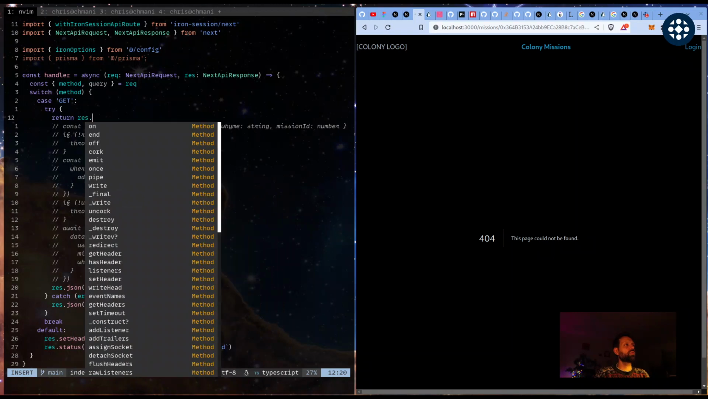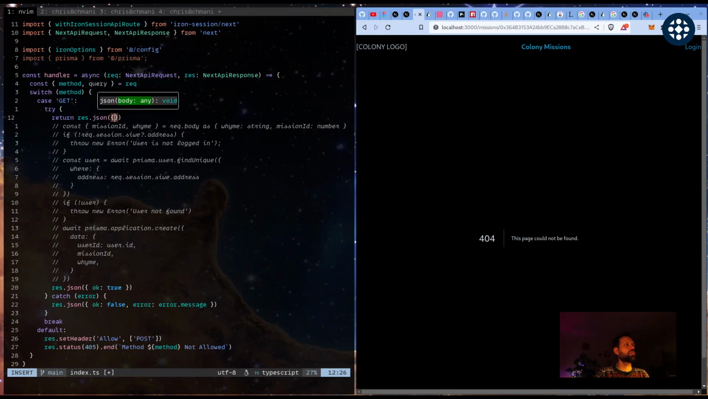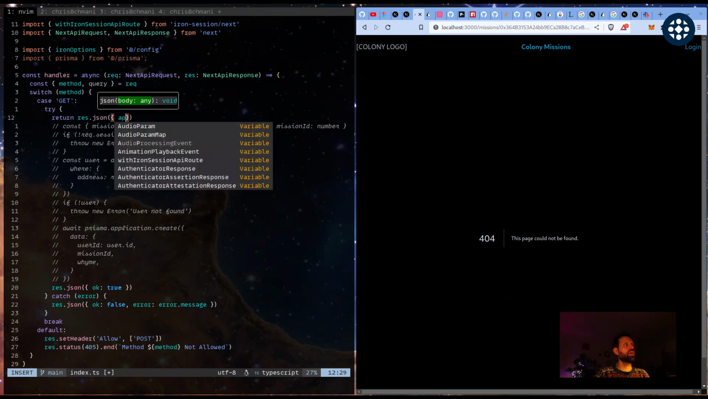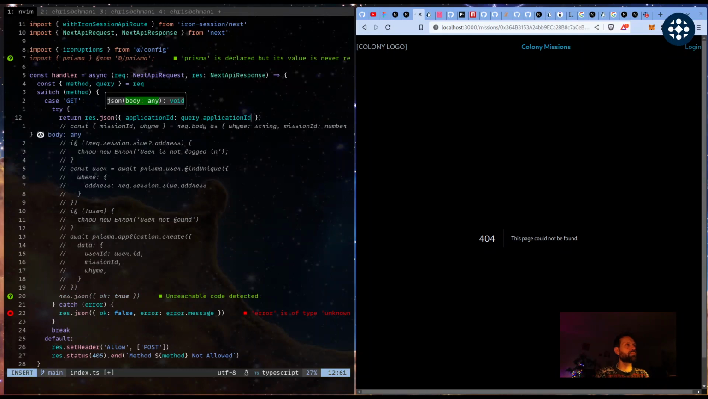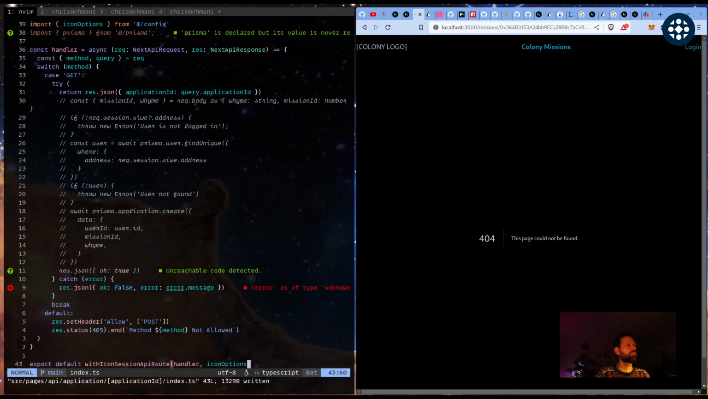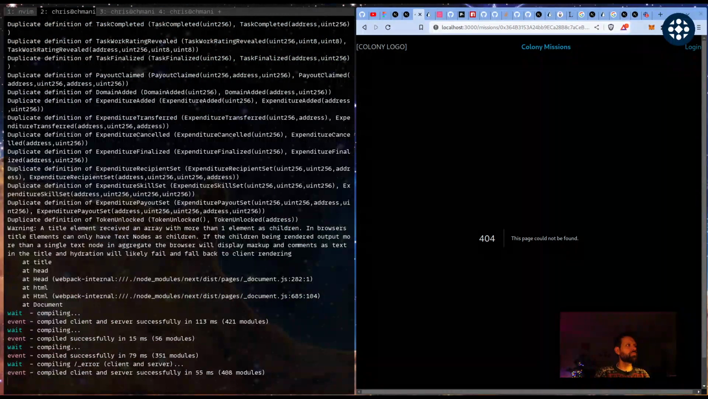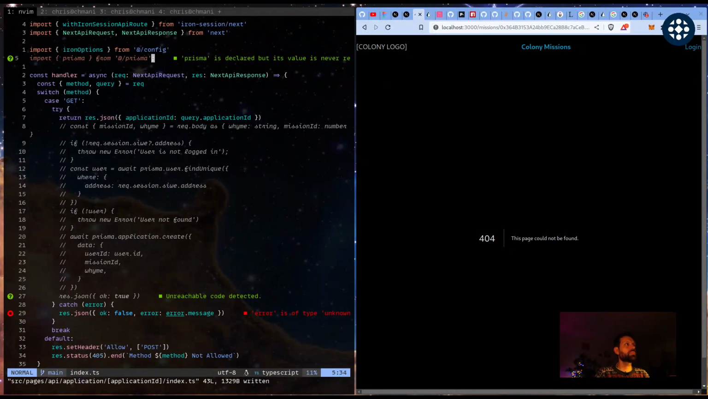We can just basically say return res.json, and then we say application ID is query.applicationID. So, that cool? Yeah, because now we can just say